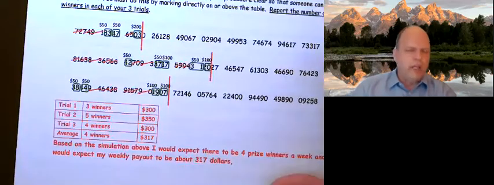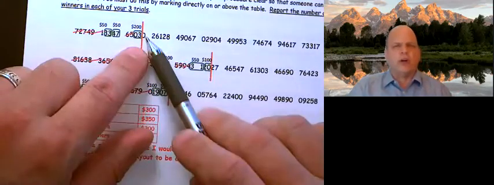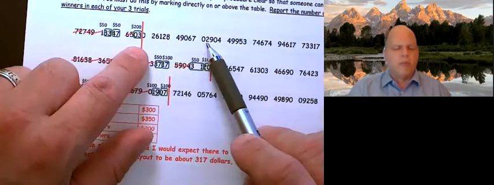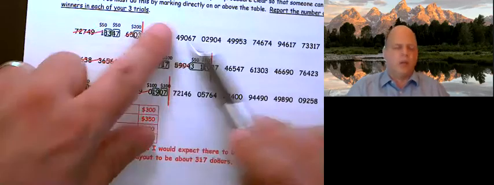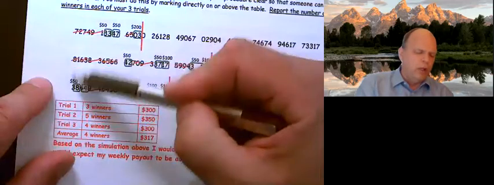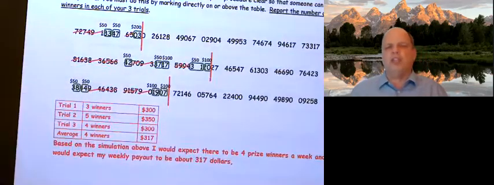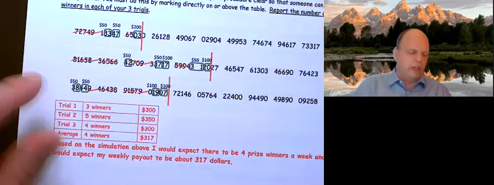So then we go down to the next trial. Now, technically, I could have started right after this. I can start right after the line or anywhere I want to. But when possible, it helps to drop to the next line. It makes it easier to read. It just makes it easier to conduct.